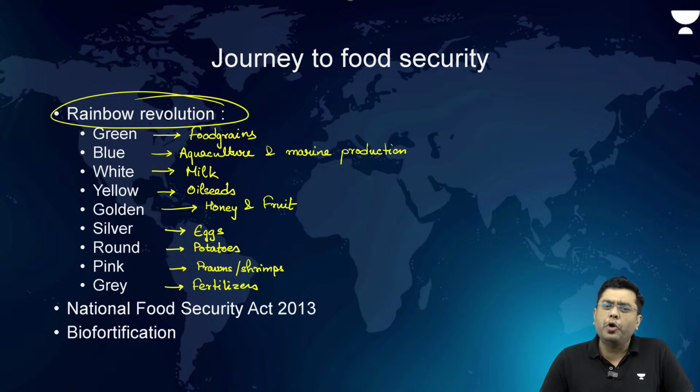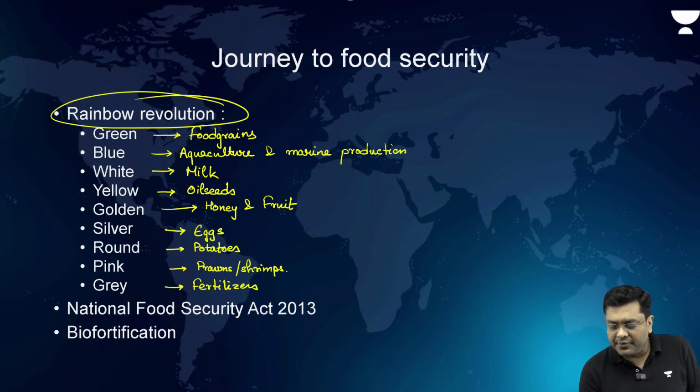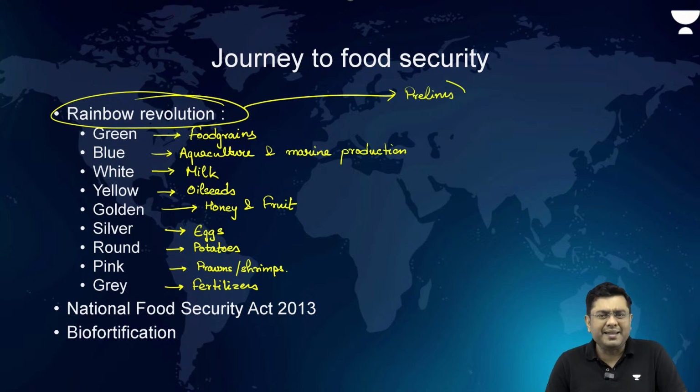So this has brought about a sufficient amount of food production, not only food grains, but overall availability of other agricultural products, which is required by us. Now, this rainbow revolution again becomes relevant for your prelims exam. Okay? Now, other than that, there have been various different actions by the government like the National Food Security Act